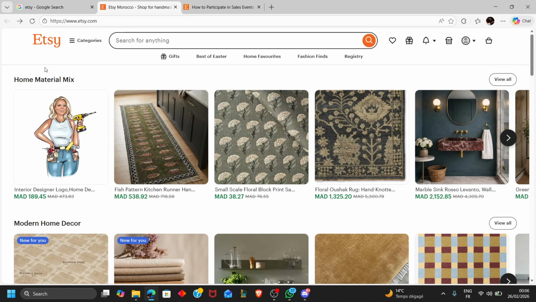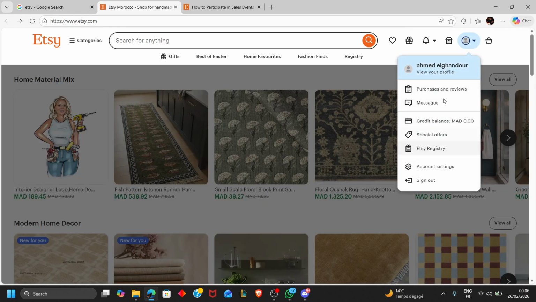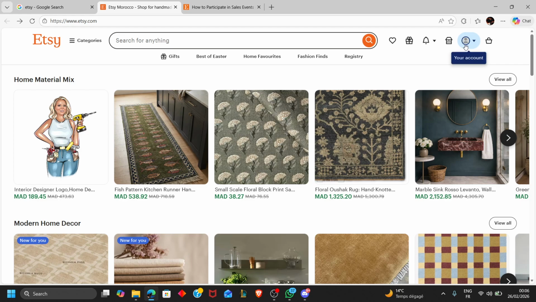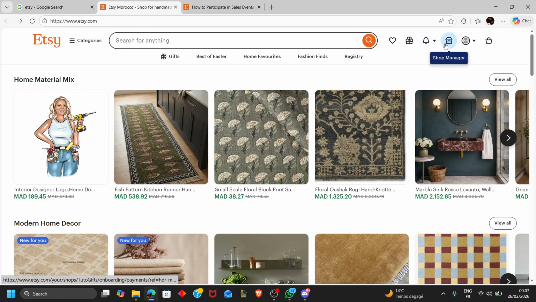Once you download this or access the website, you're going to make sure to sign in with your account by clicking on sign in, and then we're going to click on your profile icon, and then you're going to scroll all the way down until you see the become a seller option. Now from these options, you're going to click on become a seller,